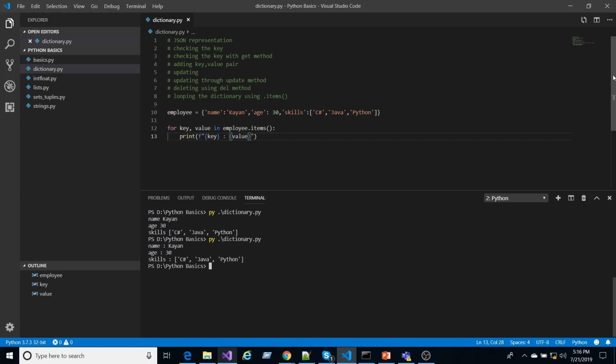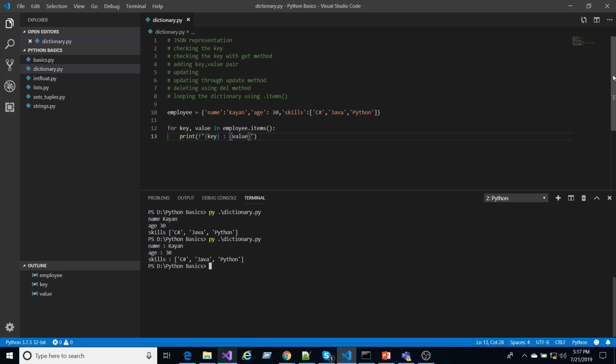So, one more recap. How do you represent dictionaries in Python? Using a JSON representation, that is nothing but JavaScript Object Notation. How do you check whether a key exists in employee or not? You just pass the key value and it returns true if the key is there. If not, it returns false, or else if the key doesn't exist, it gives us a key error. Or else you can use the get method, passing the key name, and see what it returns. In that case, if the key exists, it returns its value, and if it doesn't, it just returns